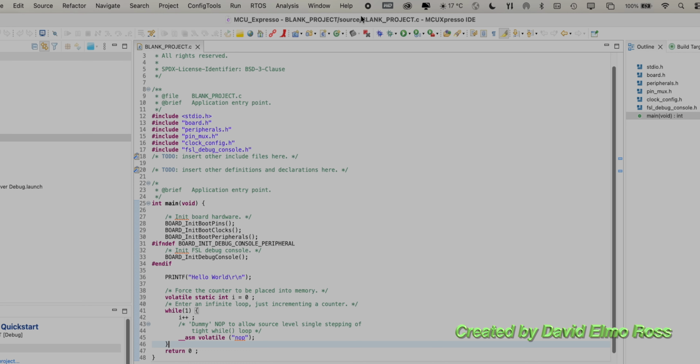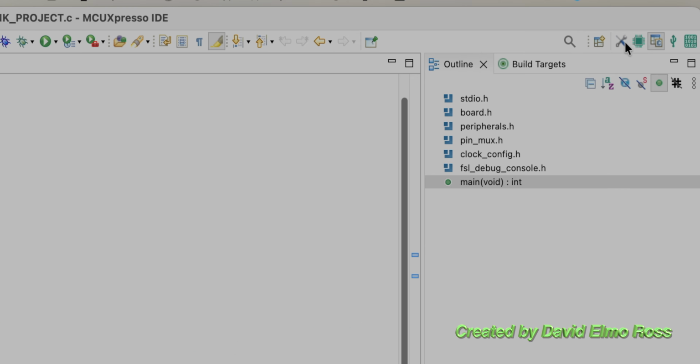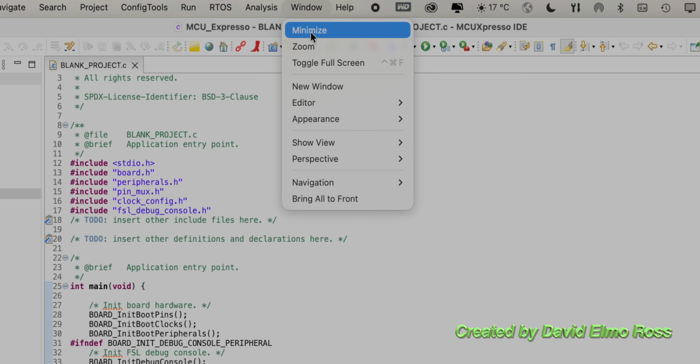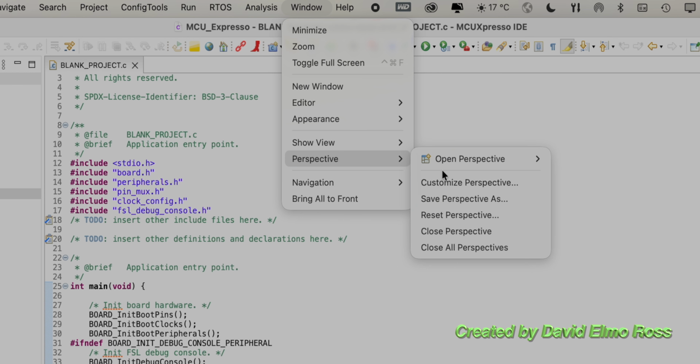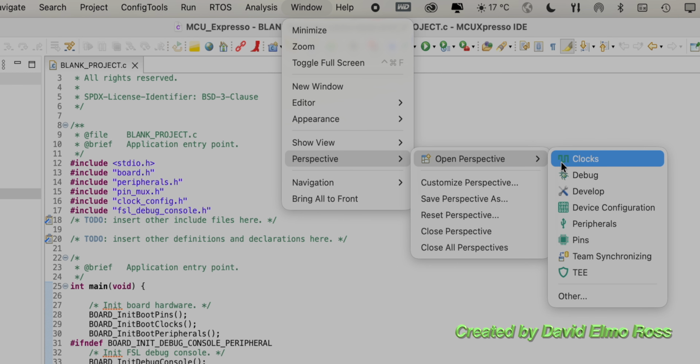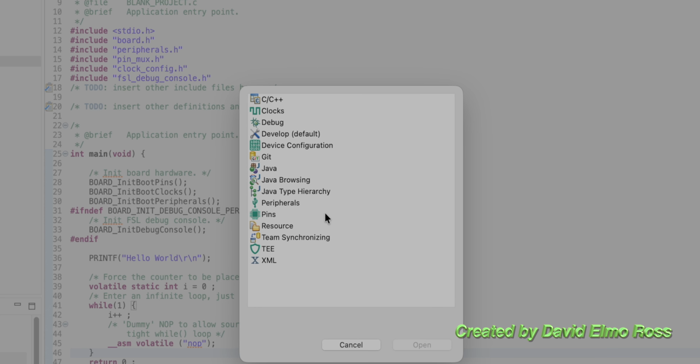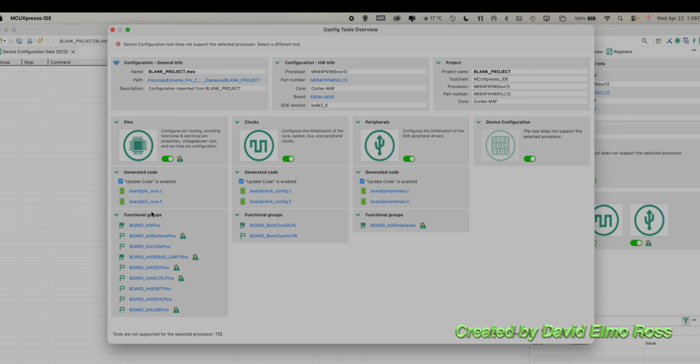So we click here, we'll always go back to this screen. So let's go again and take a look. Sometimes you'll see up here different perspectives listed, such as Develop, Pins, C/C++. So you can get to these right away. But if you can't, then Window here, going down to Perspective, and Open Perspective will allow you to get to Other, where it will show you all the possible perspectives that you want to get at. Now, the one we want to take a look at today is Device Configuration. So if we double click on this, we'll get all the things that show up in Lab 3 Part 3,